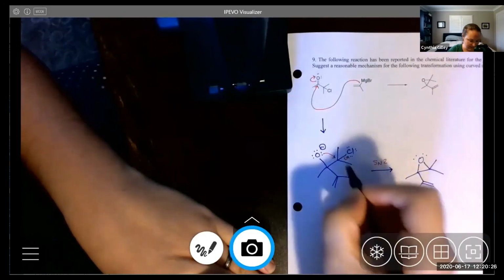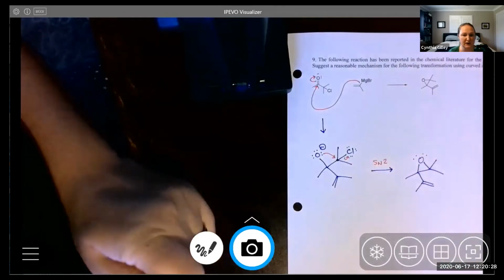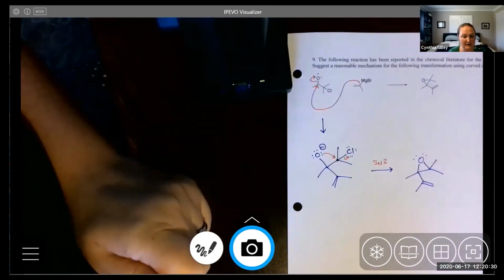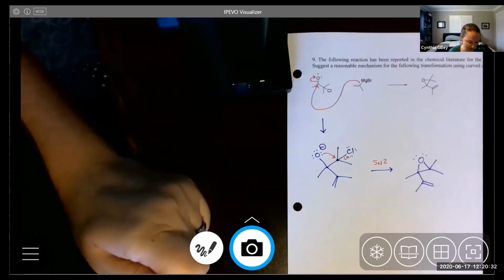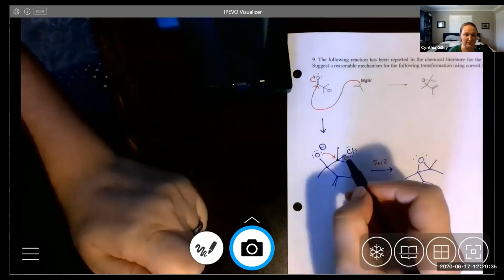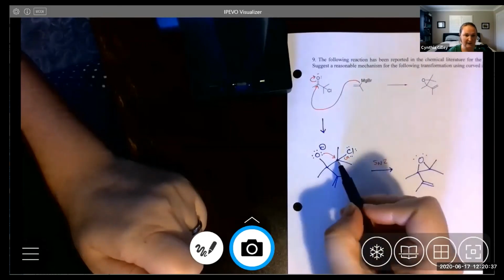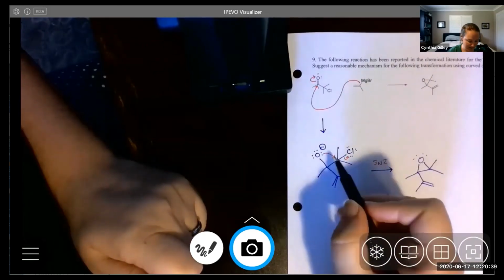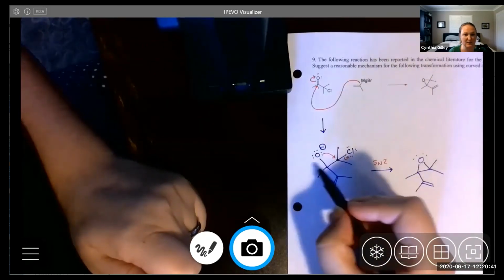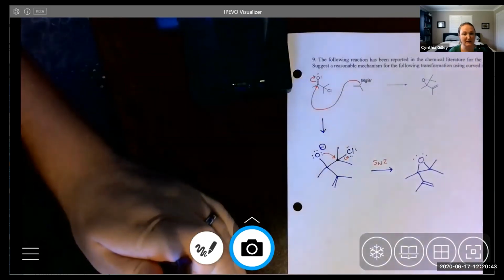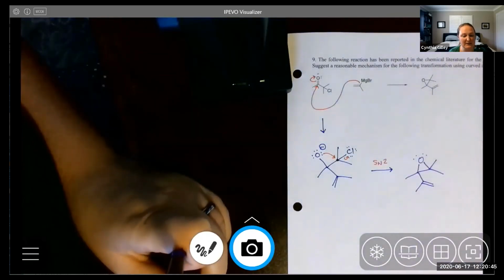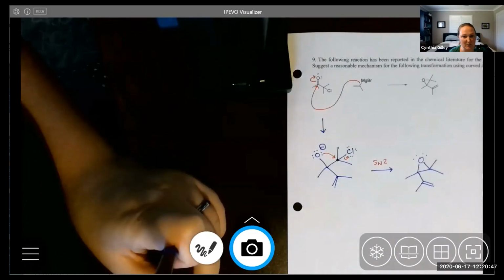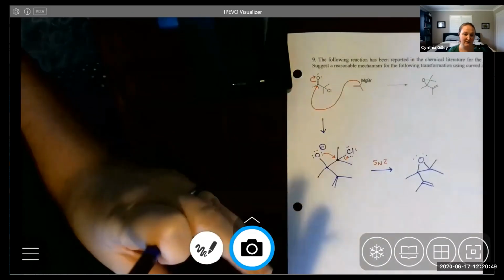It is a little bit weird that this carbon is tertiary, but the only other option is showing loss of a leaving group first, so a carbocation. I think that's unlikely to happen with an alkoxide right next to it. Probably that's helping it leave. It's probably somewhere in between SN2 and SN1. The chloride is kind of leaving a little